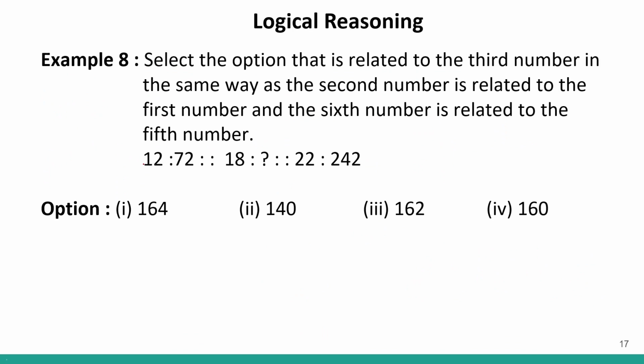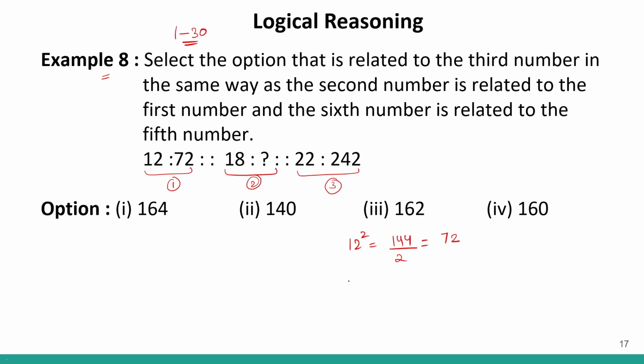Clear? Now example number 8. Again an analogy question. Number analogy is given to us and we have to find the answer. So this is the first pair. We have to find the missing element in the second pair, and this is your third pair. Now over here, if I see the relationship between 12 and 72. So if you know the squares, I told you to remember the squares of 1 to 30. Correct? So if you know the square, I know that 12 square is 144. And if I divide 144 by 2, I will get 72.